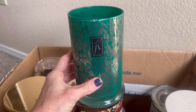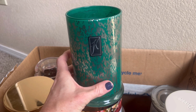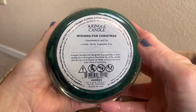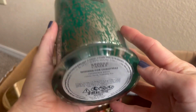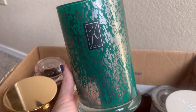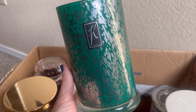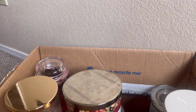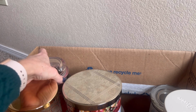I bought one more of these as a backup for next year because I really enjoy the fragrance. The fragrance notes, I'm sorry if I didn't list it, were cookies, vanilla, sugarcane, and pine. This is pretty much your pine tree along with vanilla, like sugar cookies baking in the oven. I absolutely love it. So while we're talking about Wishing for Christmas, I'm going to go ahead and show you